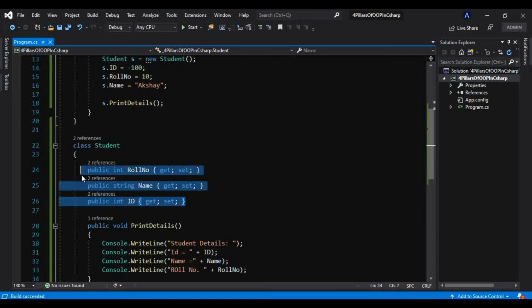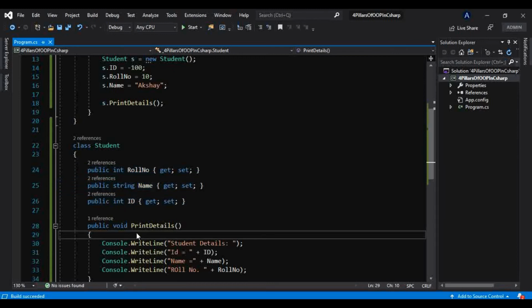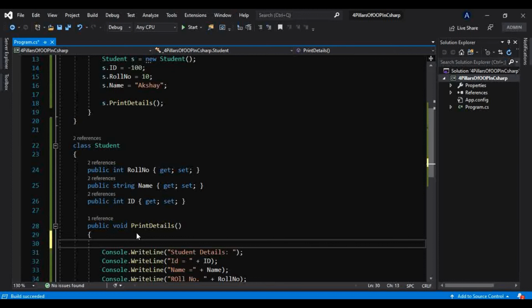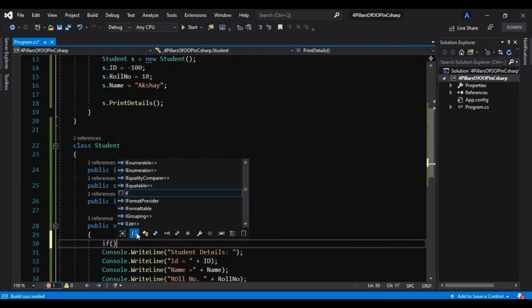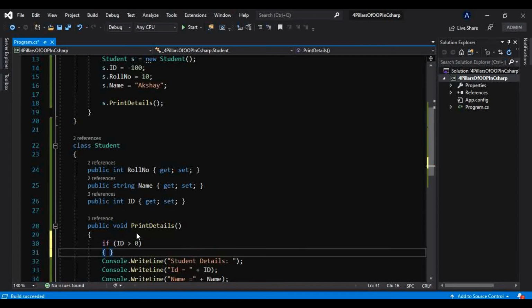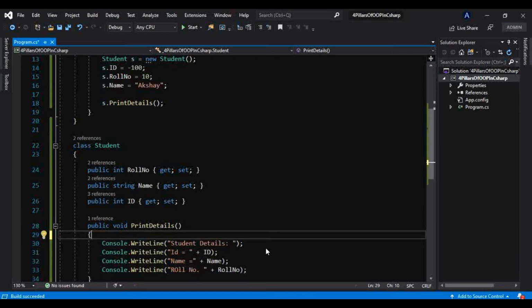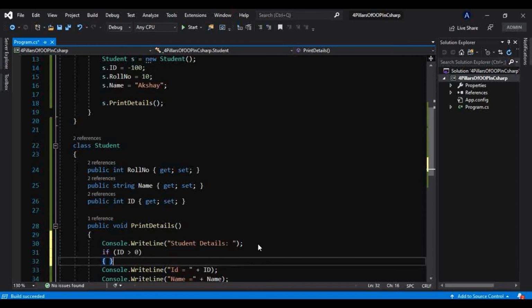You can take this auto implemented property, and anyway we know we can validate these properties inside a field as well. If I do something like this, if this ID is greater than 0, then and only then, for ID only I want to make that condition. So we know where that ID is, okay, like this.